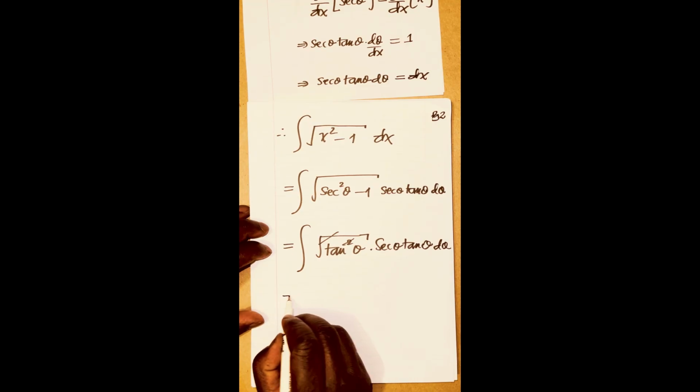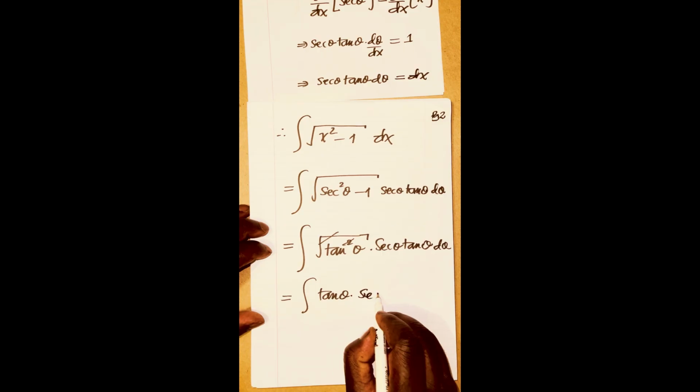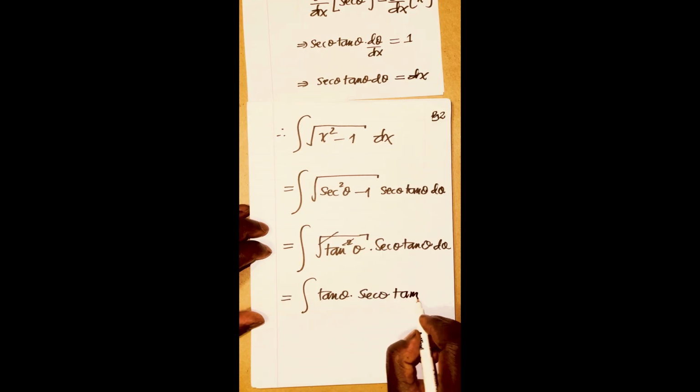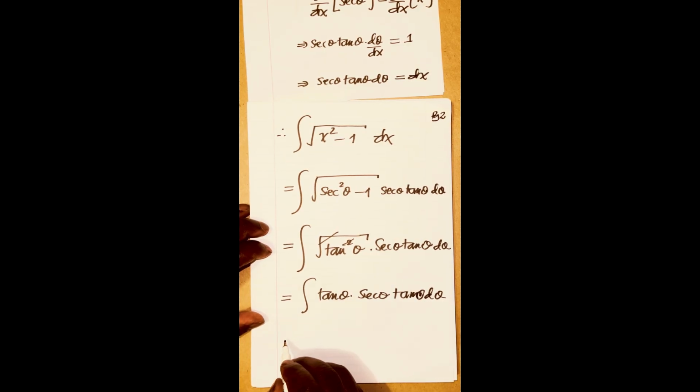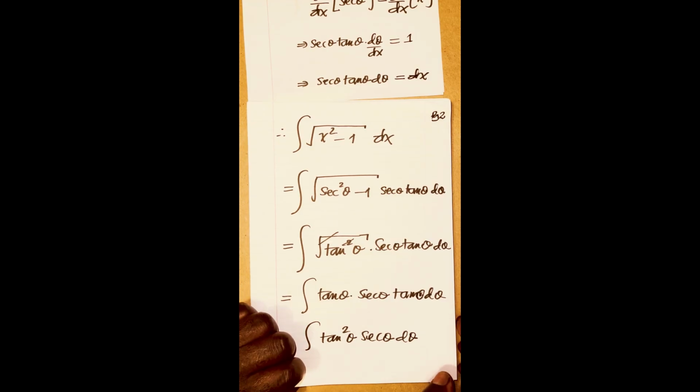We now have the integral of tan theta times sec theta times tan theta d theta. Now rewriting this, it simplifies to the integral of tan squared of theta times sec theta d theta. Fantastic. Now what we need to do is, I'm going to call this one I. Notice that this is just our original integral, but in terms of trig